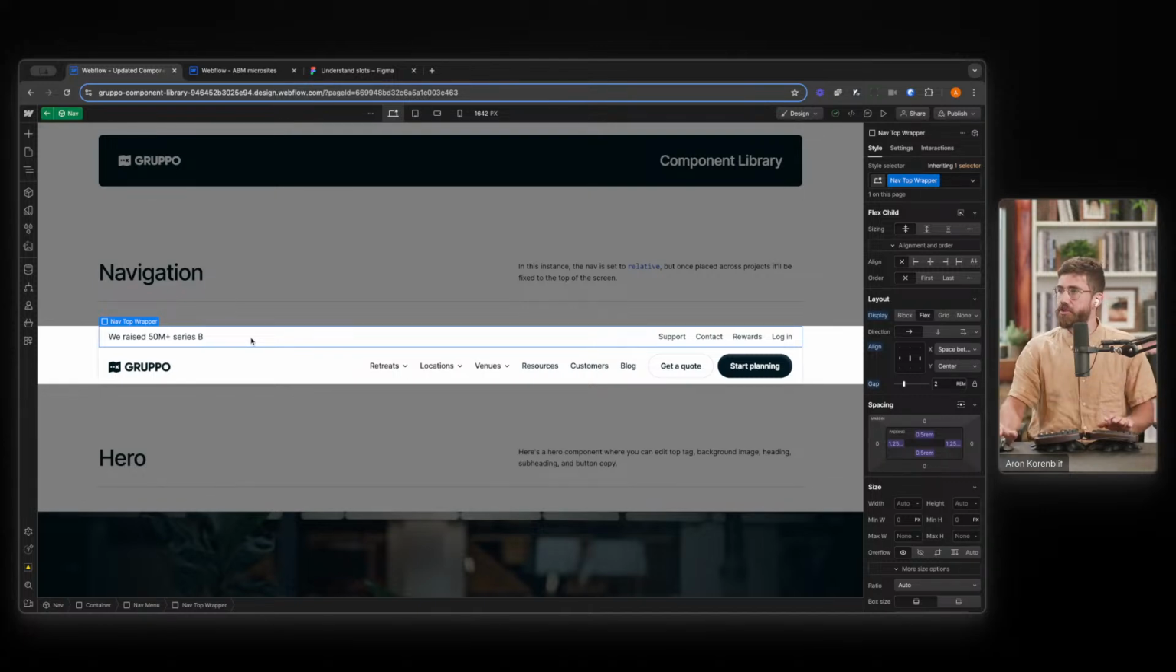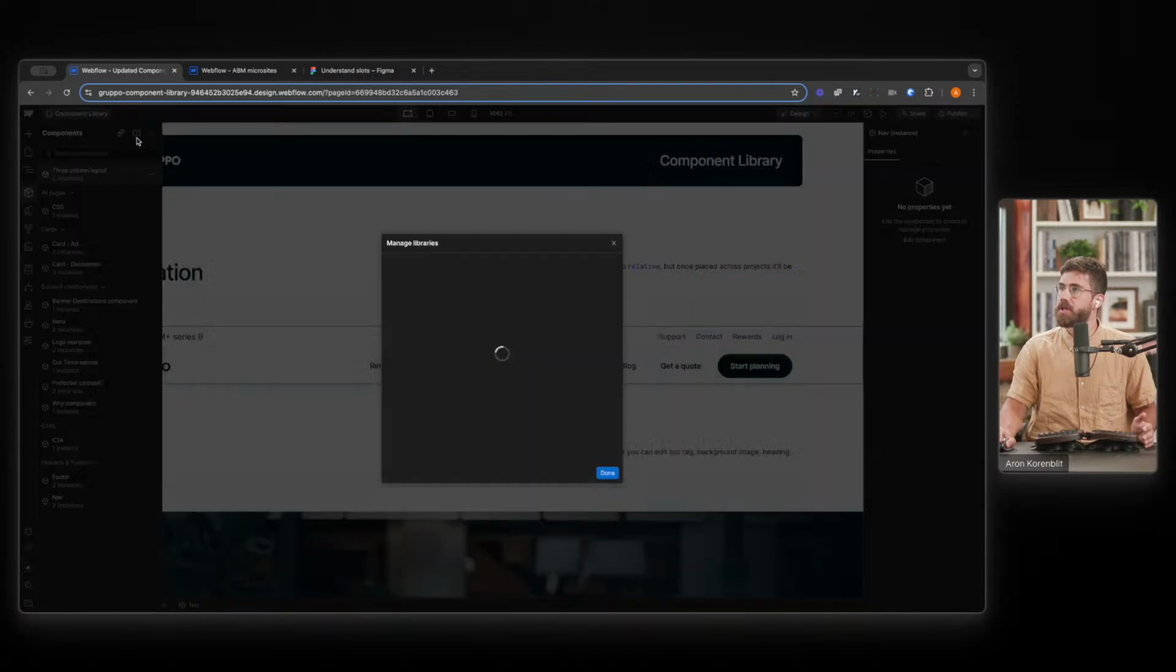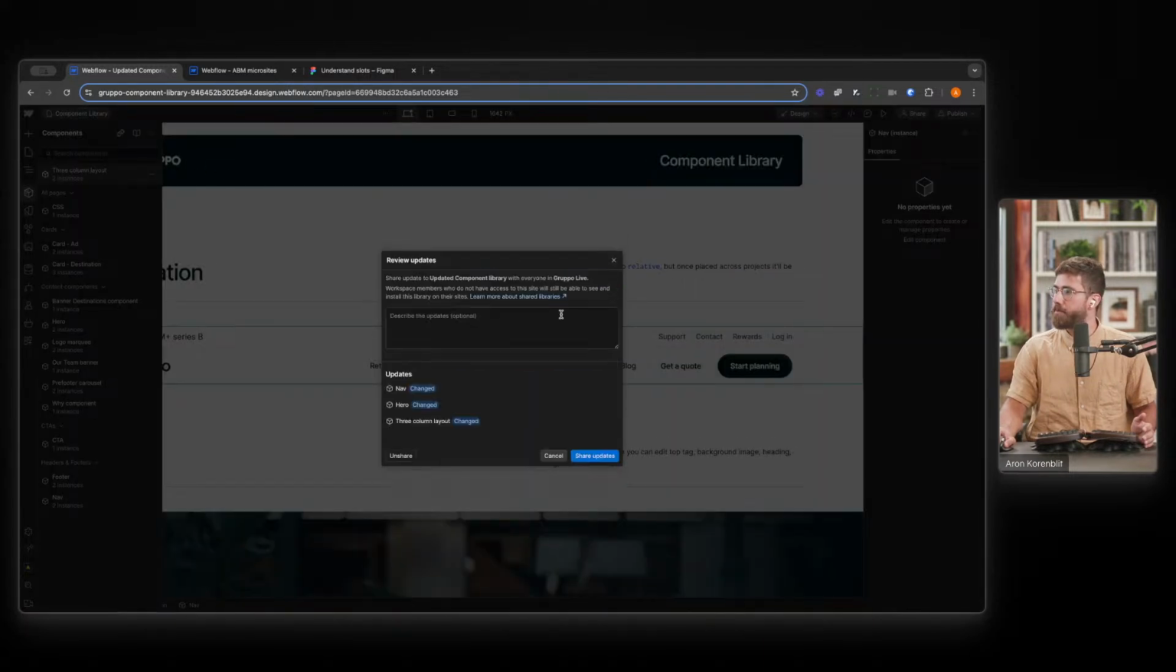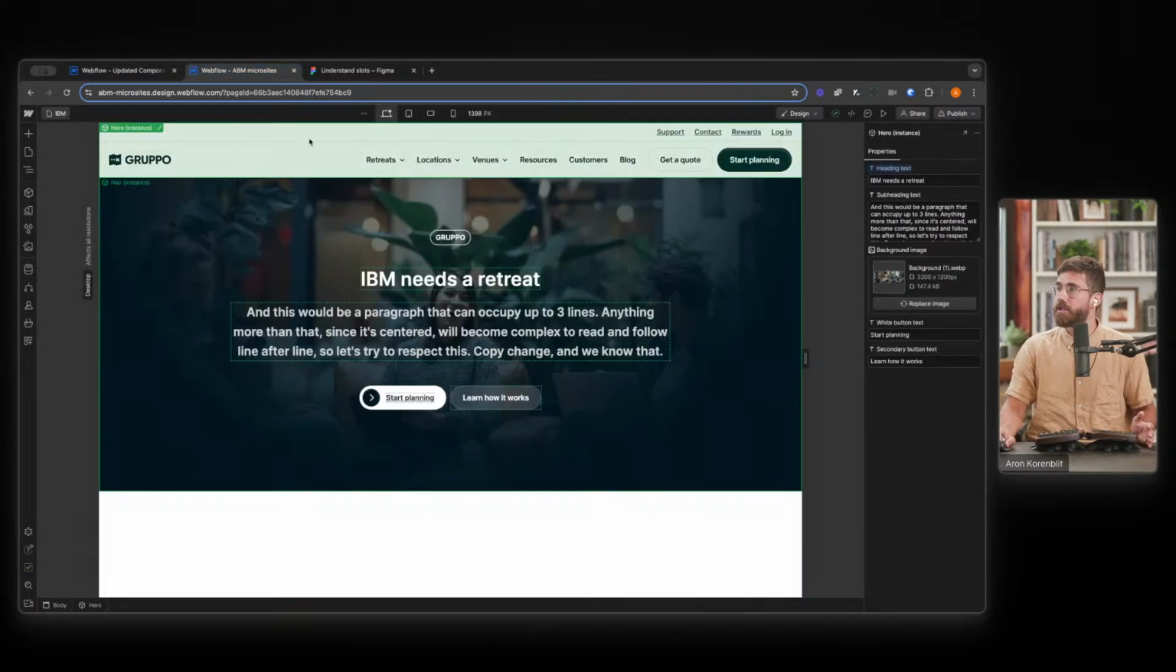So you make all of your changes. You go ahead and say, okay, these are good. They have been approved, right? We can go into components, libraries, review updates. It's going to say what has changed, right? We're going to share those updates. And now these updates are coming to the library. Now, that doesn't mean that this change is now on here. It's not, in fact,